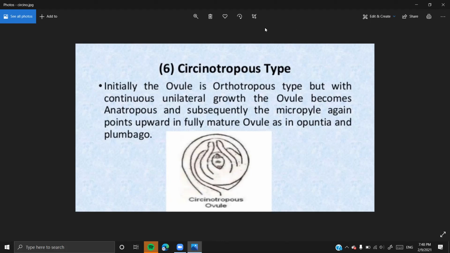Children, what I will do is give you a table in tabular form, where I can give you the examples of all these types of ovules and their plants, where you can actually find these. Let me come to that particular thing. So the first thing we have is the orthotropous.